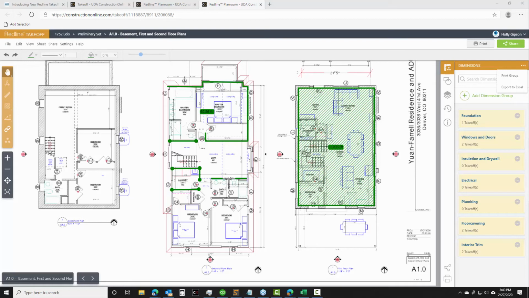But really the difference maker here with the UDA Redline Takeoff is that because we have not only this fantastic Takeoff platform, but ConstructionSuite on cost estimating, as well as ConstructionOnline on cost estimating, we really have the ability on our team here to develop a system where you will be able to do your Takeoff, and those numbers will be able to import directly into your estimates. No exporting needed, no importing needed. And so that's really what our team is hard at work implementing right now,